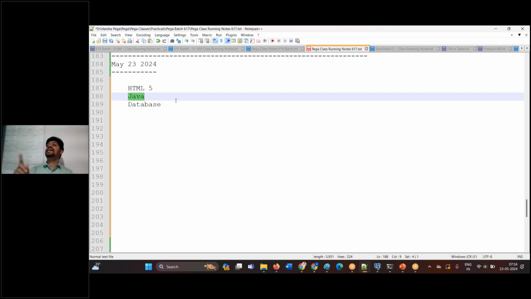See, in 1983 they developed it using C language. Later on, after a few years, they upgraded the engine to C++. After a few years, they upgraded this engine to Java. Maybe tomorrow they will upgrade it to Python. We don't know. But as a Pega developer,